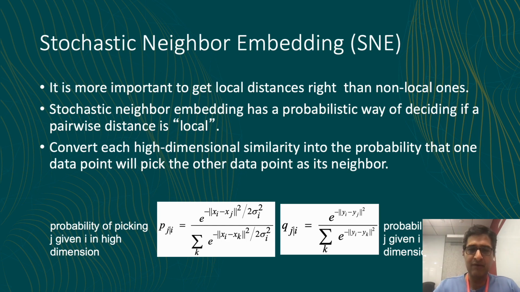Thereby the term local distance. But the other way around should be okay. If a point is not so close in the high dimensional space, it is okay for it to be projected as a small distance in the low dimensional space. So essentially, the way we model this problem is the following: we convert